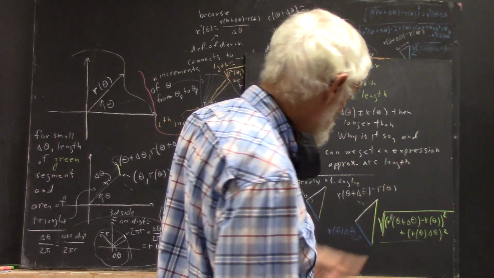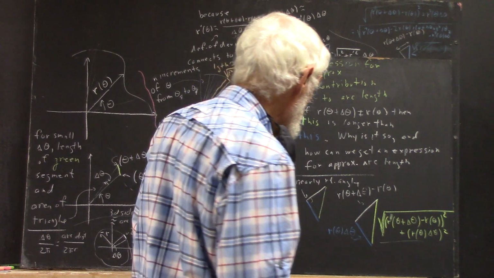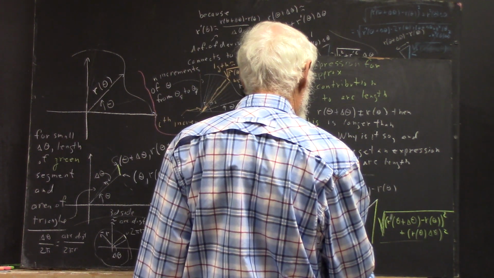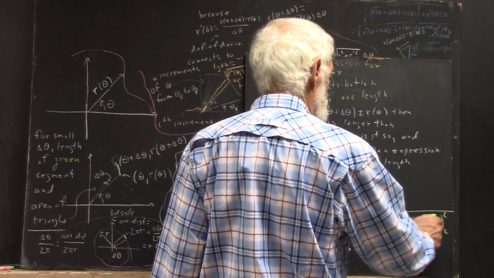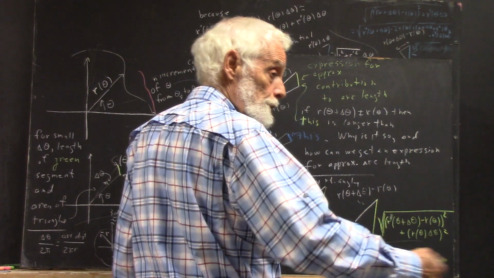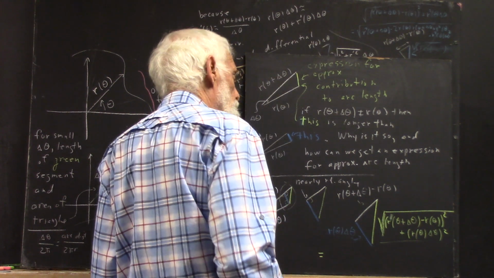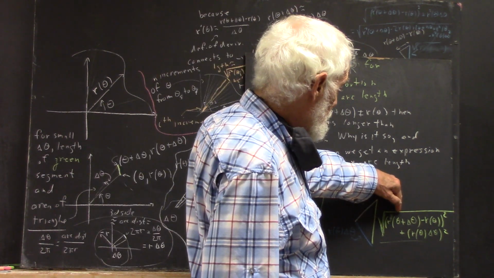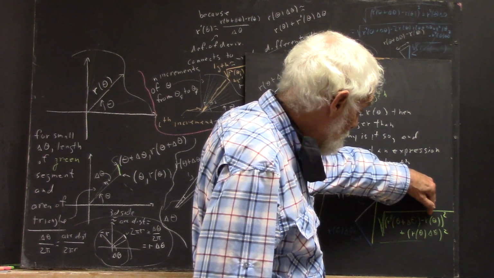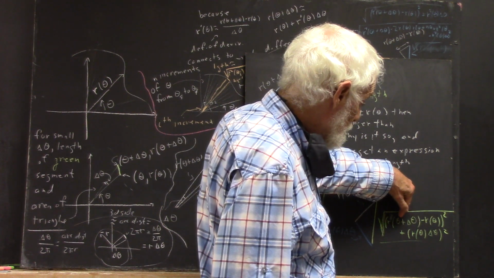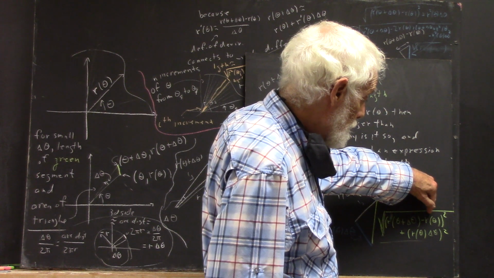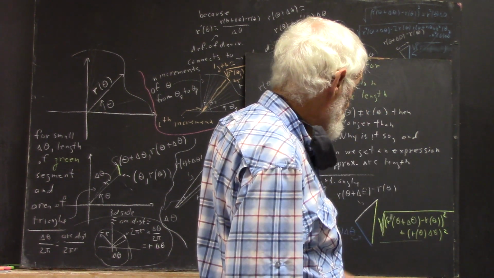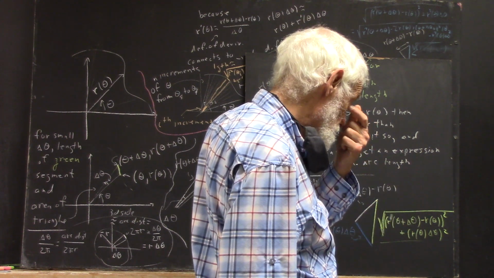Again, you should pause and do it. That's what we did in class. Okay? Well, you're squaring this difference, so you're squaring a binomial. And you're going to get r squared of theta plus delta theta minus 2 times this, 2r of theta delta theta, r of theta, minus 2 times that, okay? And then r of theta squared